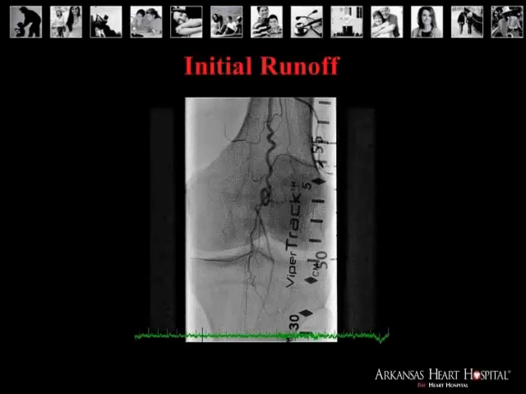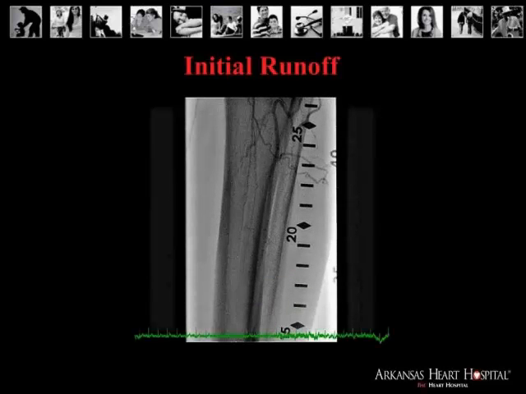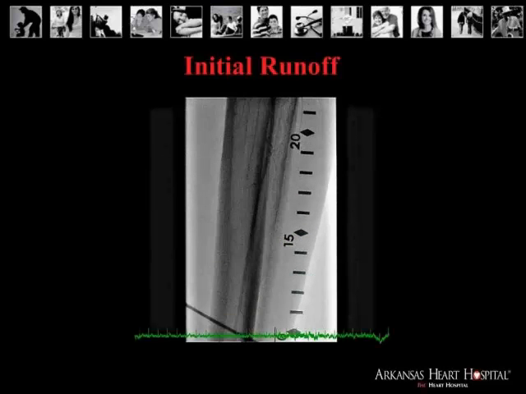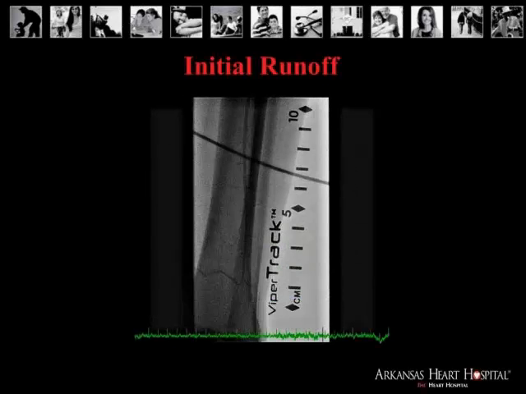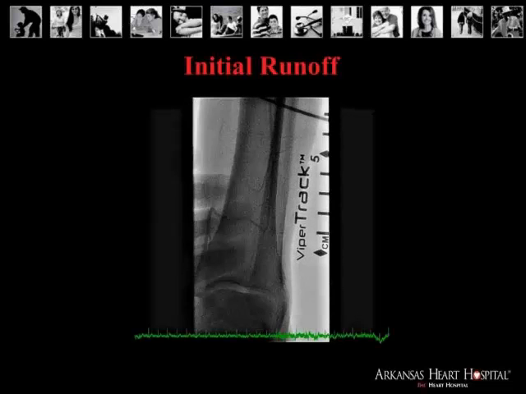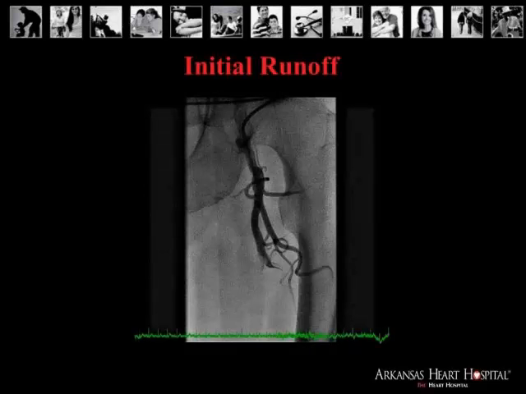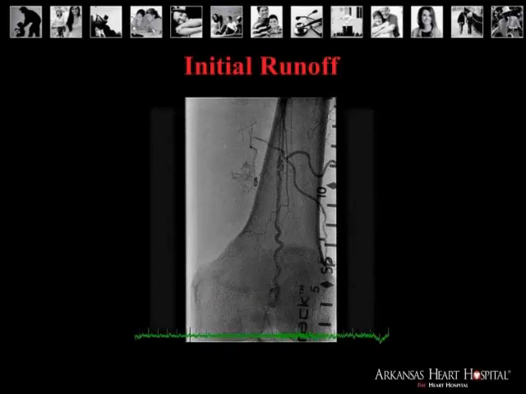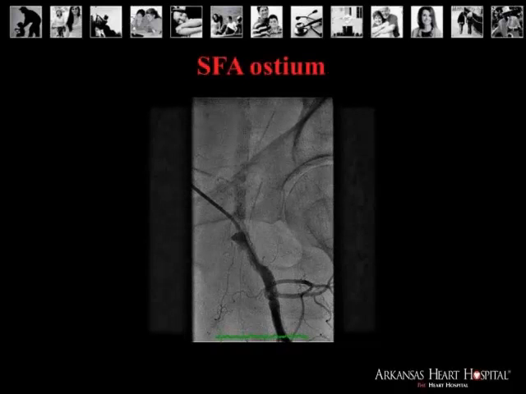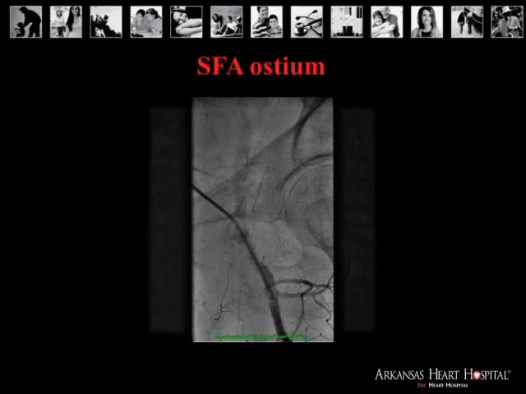So this essentially is a chronic total occlusion all the way from the ankle to the hip, with complete occlusion of the posterior tibial artery, popliteal artery, and superficial femoral artery. We elected at this point, given the location, we were deciding on an antegrade versus retrograde approach to the CTO. We took an LAO 45 degree angulation angiogram, and here you'll notice that at the SFA, at the common femoral artery, there are